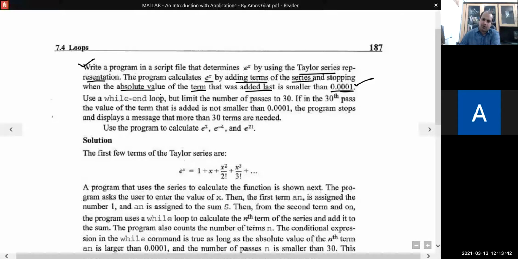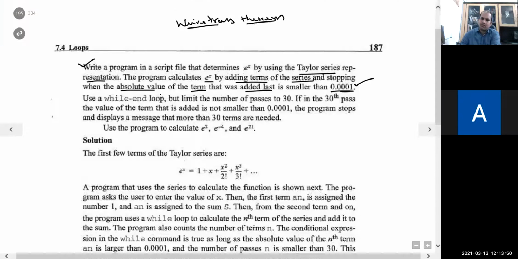For example, you have seen the famous Weierstrass theorem, which states that every function belonging to the space of continuous functions with respect to the sup norm can be approximated by a polynomial up to a desired degree of tolerance, or you can say accuracy. So this error is fixed, this function is given to you, and you have to find the polynomial.